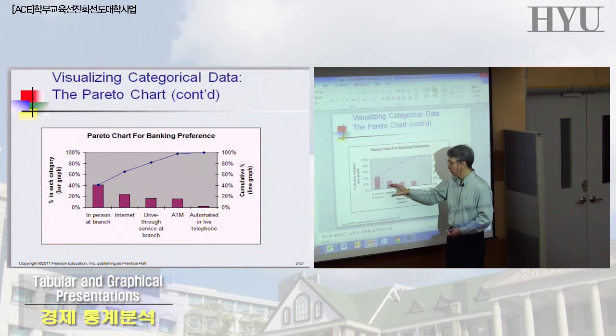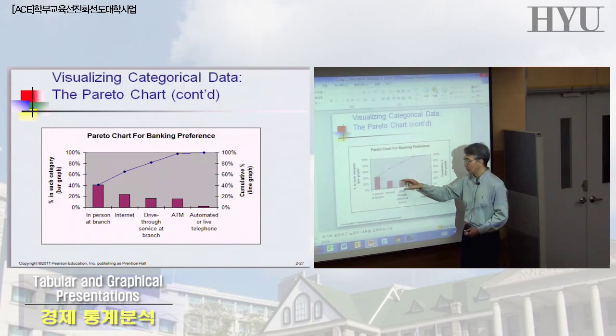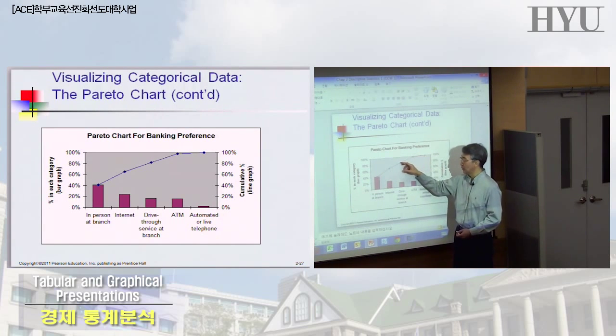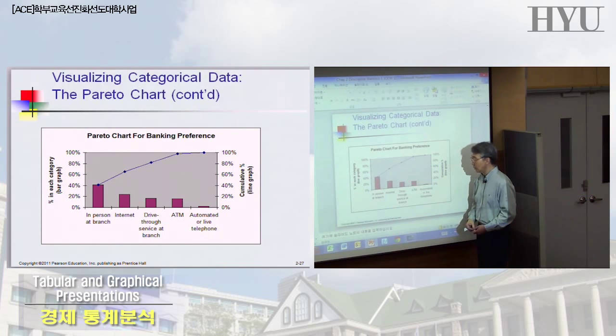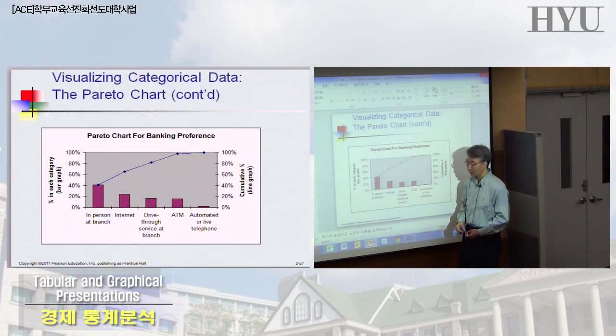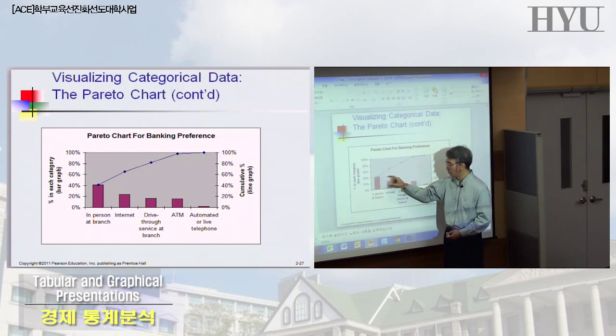First of all, you have to sort the categories from the most frequent to the least frequent. Put those bars together. And then from the top of the first bar, you create the cumulative line. These are cumulative frequencies, right? So the first category has about 40%, so you start from 40%. The second category has slightly more than 20%, so if you add 40% and, let's say, 21%,